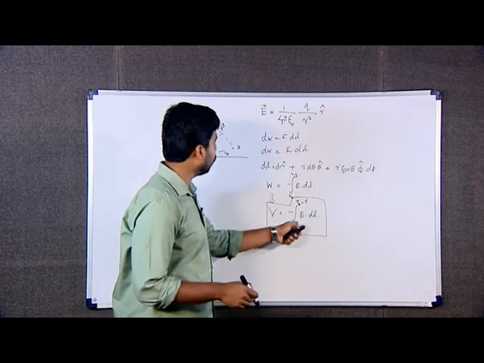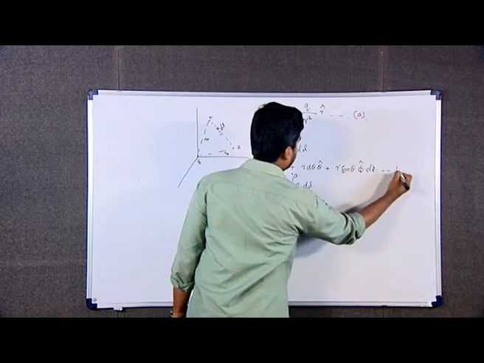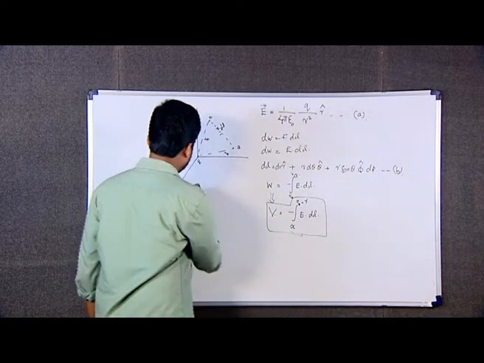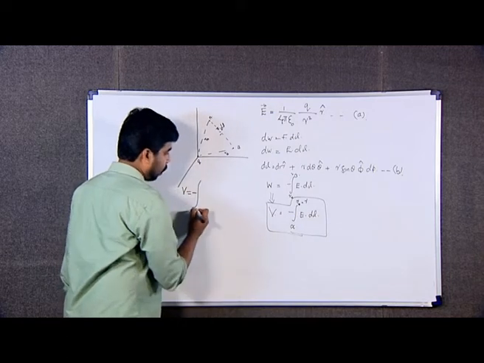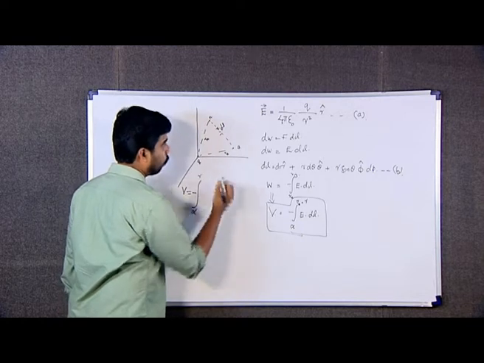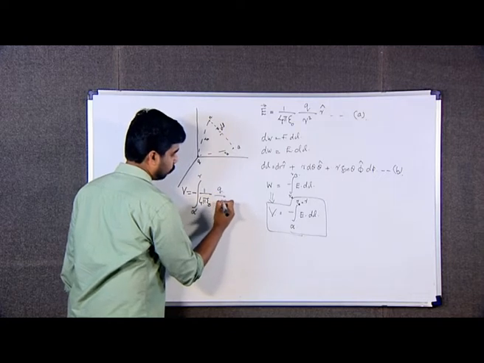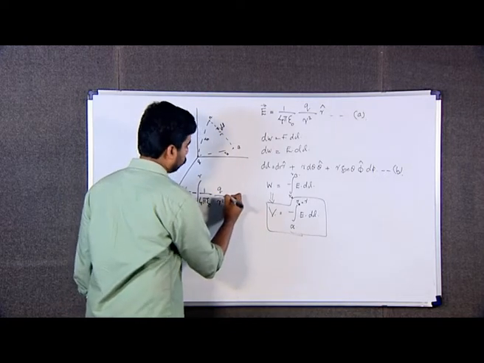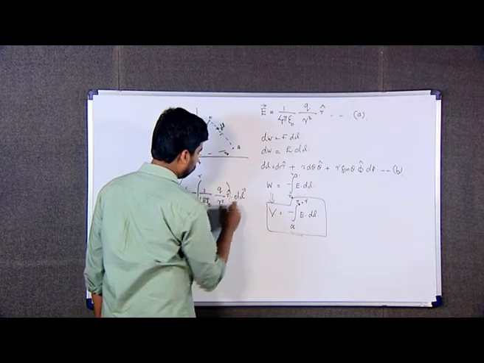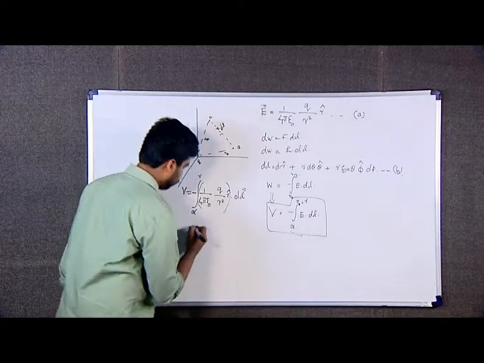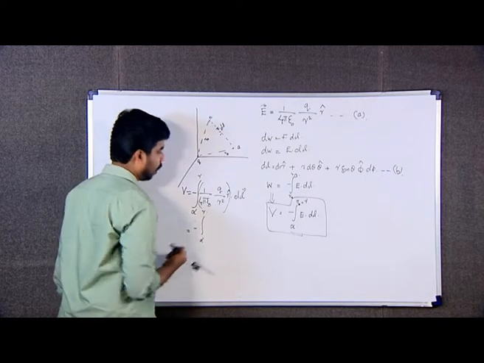I can substitute the value of E. I name this equation as A and this equation as B. So, what is V? V I can put as minus integral from infinity to r, where E is 1 by 4 pi epsilon 0 q by r square into r cap dot dl. Yes, we are done. For the conservative force, we can write it as minus integral from infinity to r